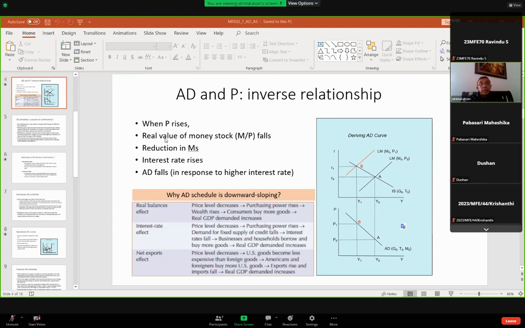So we look at, already we did this part, aggregate demand and price, the relationship between the two, and there is an inverse relationship. So we discussed 3 reasons for the inverse relationship: real balance effect, interest rate effect, and net export effect. Today, we are going to look at